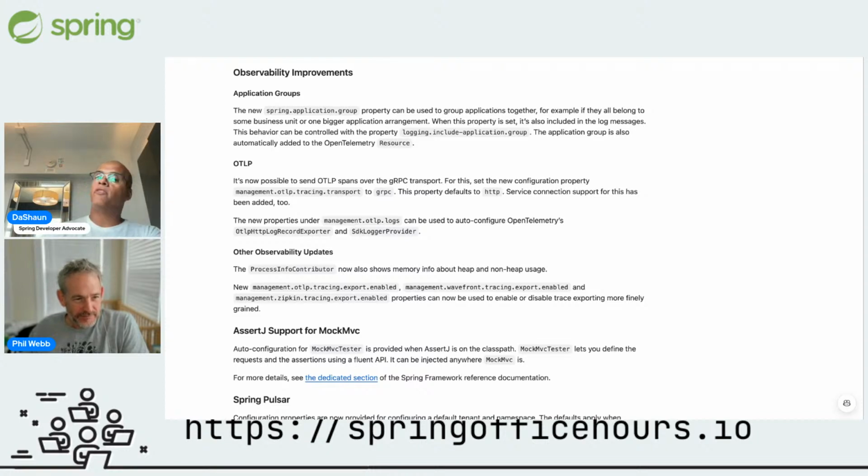Small teams punch above their weight. The observability stuff there was a big change with Spring Framework 6 and Spring Boot 3. Instead of being an add-on, it became fundamental, part of the core. Yeah, that's right. In 2, Boot used Micrometer, and in 3, Framework used Micrometer, and a lot of the